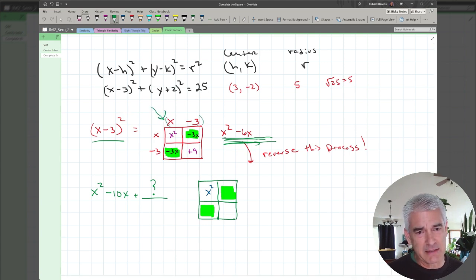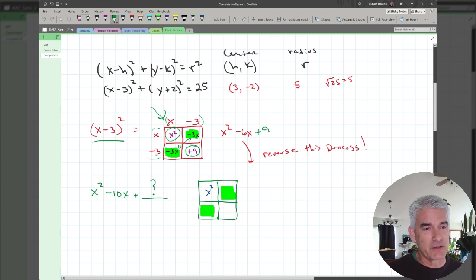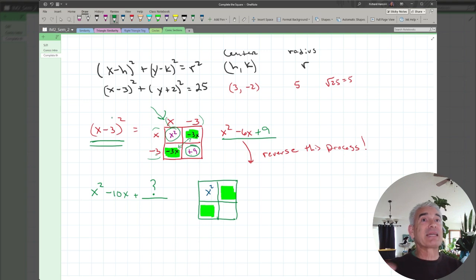So x minus 3 times x minus 3, and we get x squared, and we get negative 3x here, negative 3x here. And then what does it need down here? Well, that comes from this negative 3 times this negative 3, basically negative 3 squared. So in order to be a perfect square, it needs 9 added to it. Now this is exactly x minus 3 squared, and wherever I see x squared minus 6x plus 9,